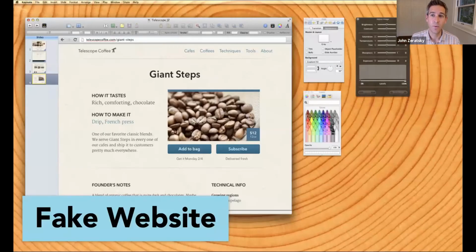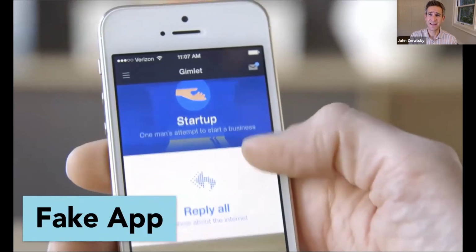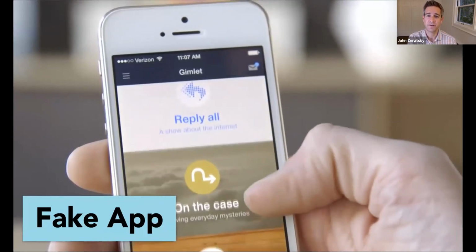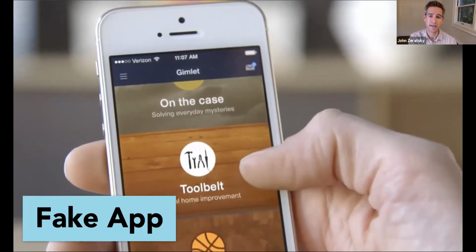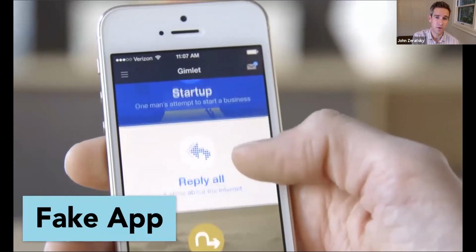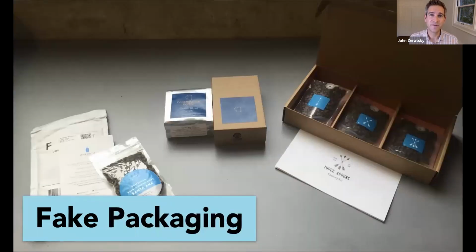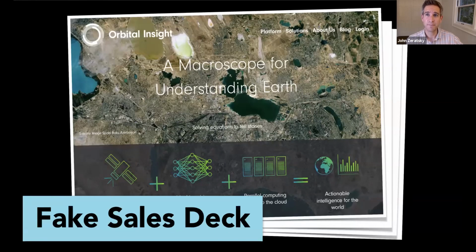So many times it's a fake website. It can be a fake app. And the tools for making fake apps these days are absolutely amazing. With really not a lot of work, you can create apps that are super realistic looking, that allow you to scroll, and they have animations and transitions. Sometimes it's fake packaging, like this example from Blue Bottle that I shared. Sometimes we'll create a fake version of a sales deck. So sort of the marketing or sales materials for a product that doesn't exist yet,